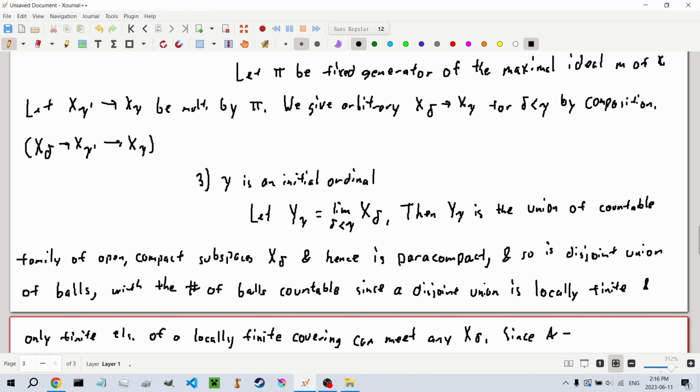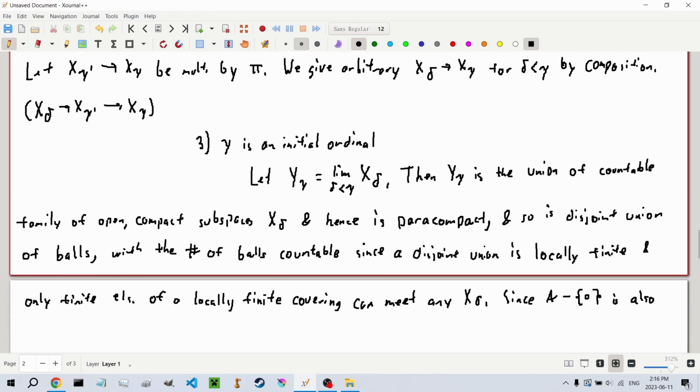Since our valuation ring without 0 is also the union of countable balls,